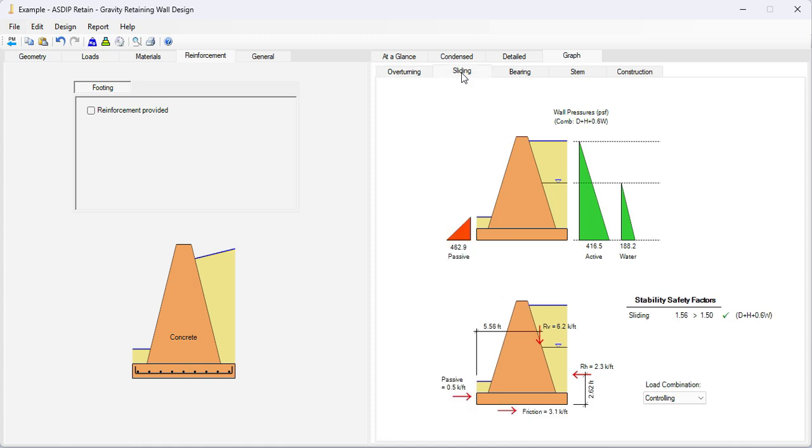Let's go to the sliding tab. Here the program shows the pressure diagrams applicable to the sliding calculations, passive pressure, active pressure, and the water pressure. And at the bottom the forces used in the calculations of the sliding, including the friction at the bottom and